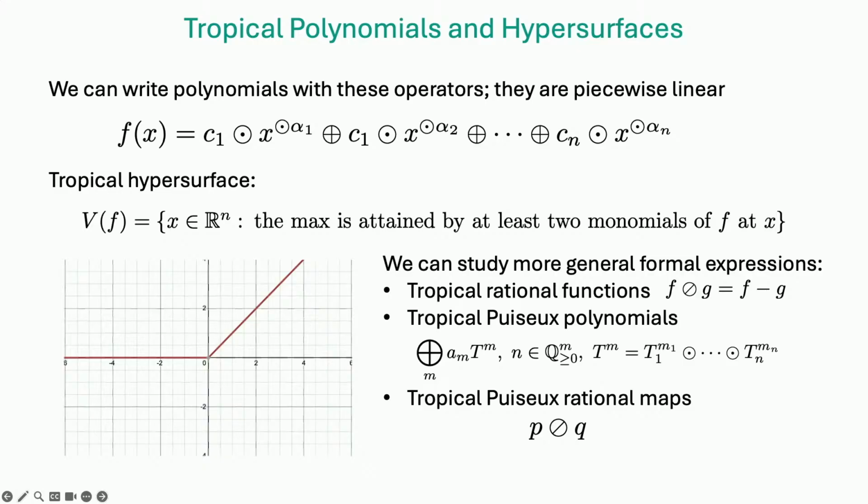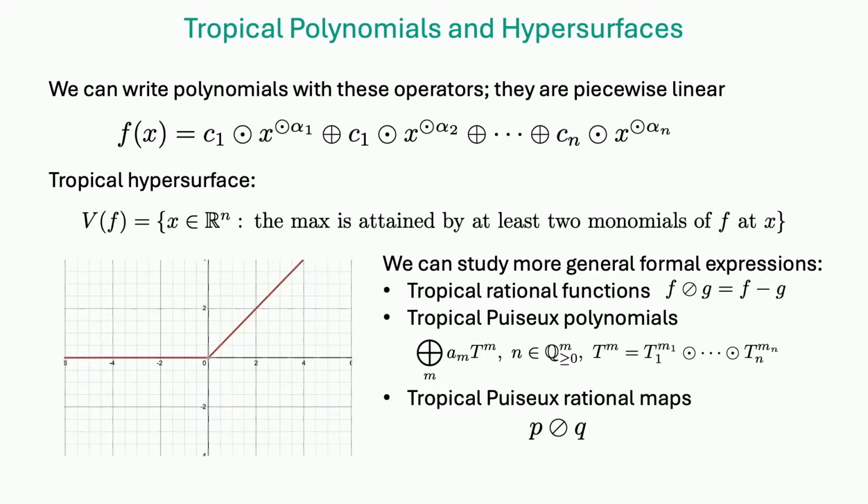So basically you have these polynomials now, and the thing that people care about are these tropical hypersurfaces. It's formally defined as the set where the max is attained by at least two monomials of f at x. Or equivalently, you can look at the boundary between regions of the domain where the tropical polynomial is linear. So in this case, the ReLU activation would be this 0 set here. This is maybe the most standard way of looking at tropical varieties,